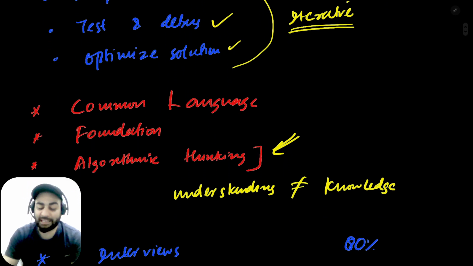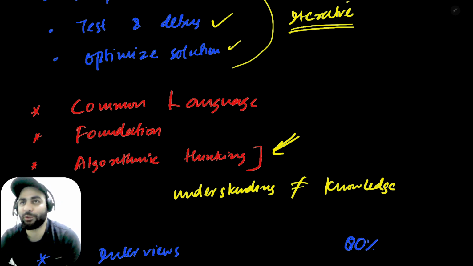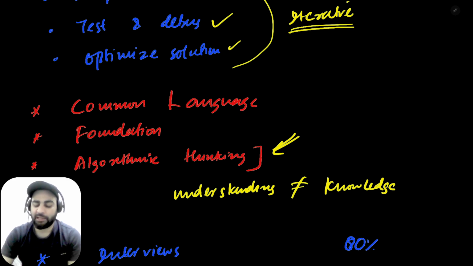The second thing I told is that it's a common language, because most of you are going to make a career in technology and you'll have to talk with peer developers or people who understand the tech, and you will have to speak their lingo. Their lingo is stacks, trees, data structures, greedy algorithms and stuff like that. If you speak their language, it'll be easy to communicate.